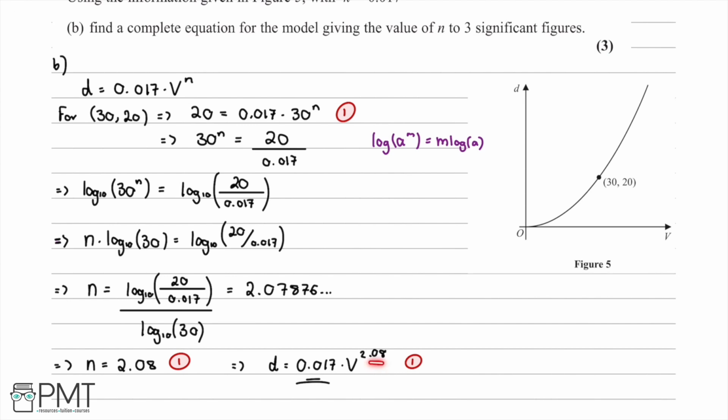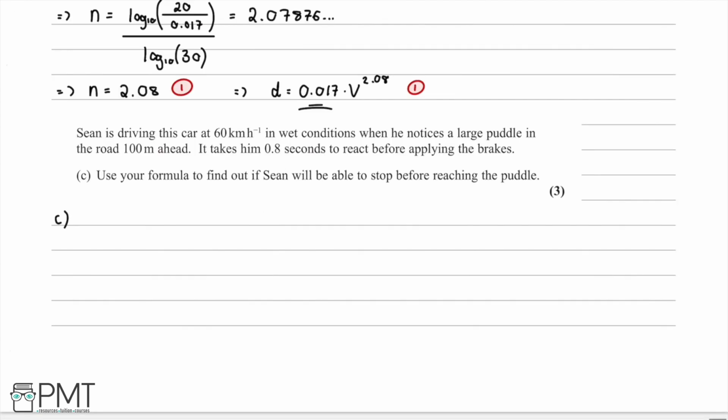n substituted in. Then in part C of this question, we're given some further information. We're told that Sean is driving this car at 60 kilometers per hour, and we have wet conditions, and Sean notices there's a large puddle in the road, and it's 100 meters ahead, and it takes him 0.8 seconds to react before applying the brakes. And we were asked to use our formula to find out if Sean will be able to stop before reaching